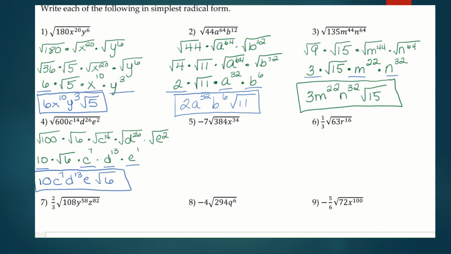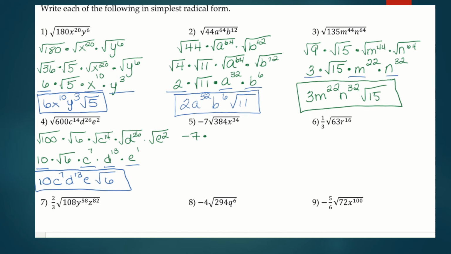So again, all we're doing is basically rewriting what we're originally given. All of these are exactly the same as what we were originally given. We're just trying to simplify any perfect squares that are located within, or I should say underneath, that original square root. All right, so looking at number 5, this is the same thing as saying negative 7